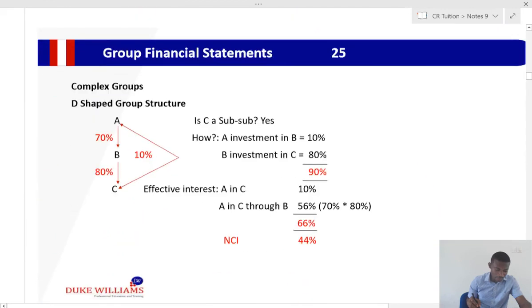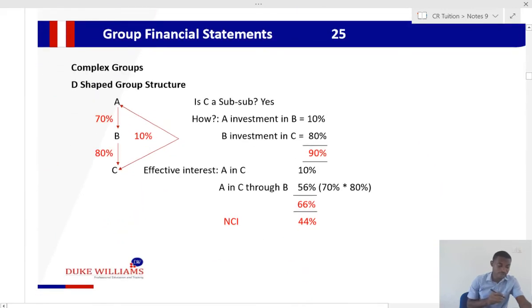Now, another example of the D shape, look at it. We have entity A having 70% in B. B has 80% in C. A itself had only 10% in C. But on the face of it, our conclusion is that there is control over C just by looking at B's investment in C. But we need to find the effective interest. So again, the question, is C a subsidiary? Yes. How? A had 10%